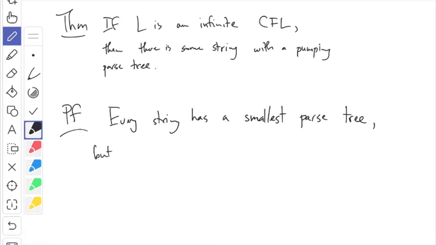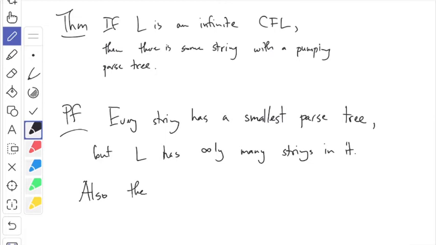But L has infinitely many strings in it. That's just part of the assumption. I said if L is an infinite context-free language. So every string has a smallest parse tree, but L has infinitely many strings in it. What that means is there are some strings which require very, very big parse trees, right? It's not like every string in the language requires only a small parse tree. Sorry, I left an ingredient out, not from the theorem, but also, let me just say,